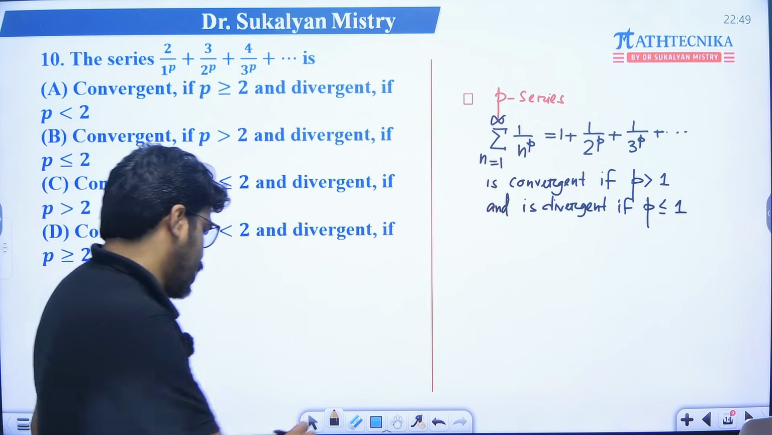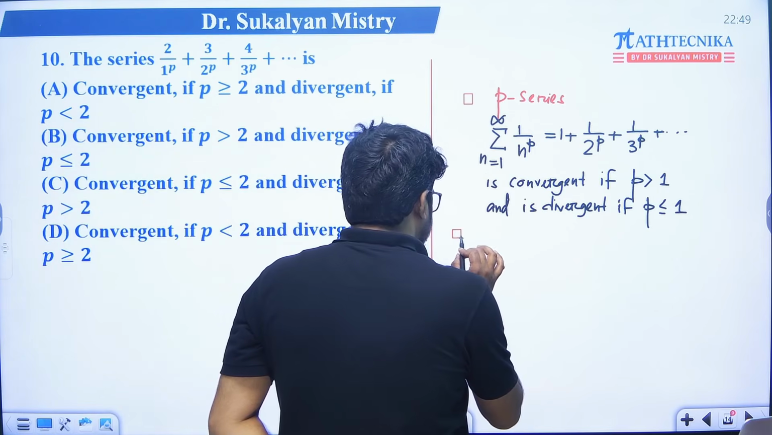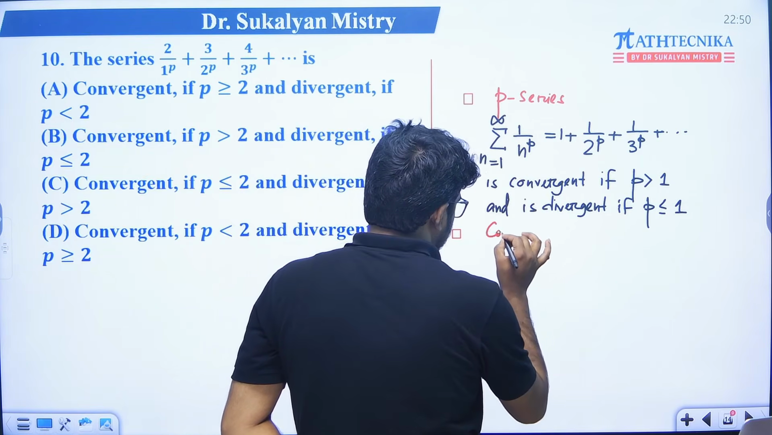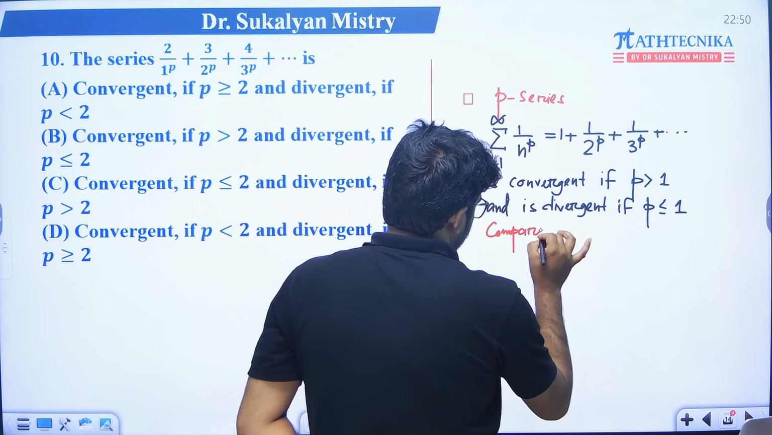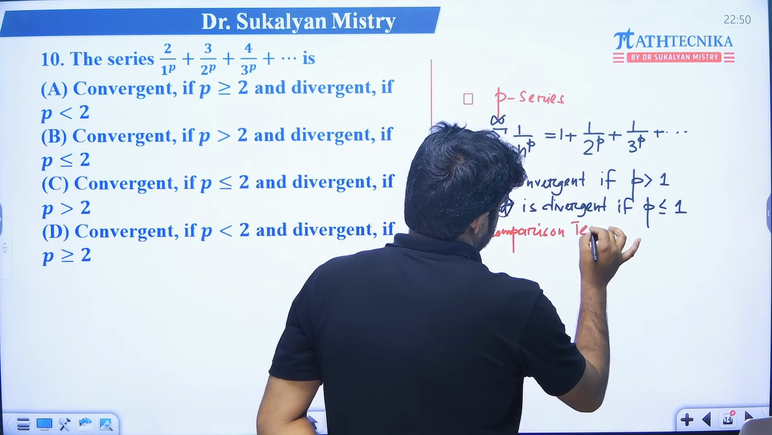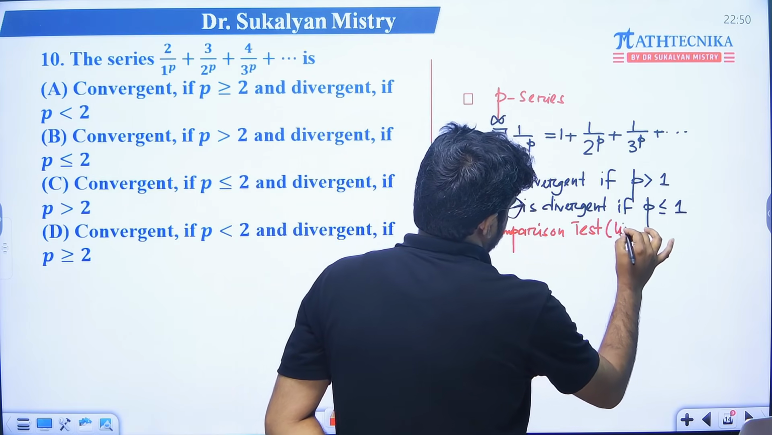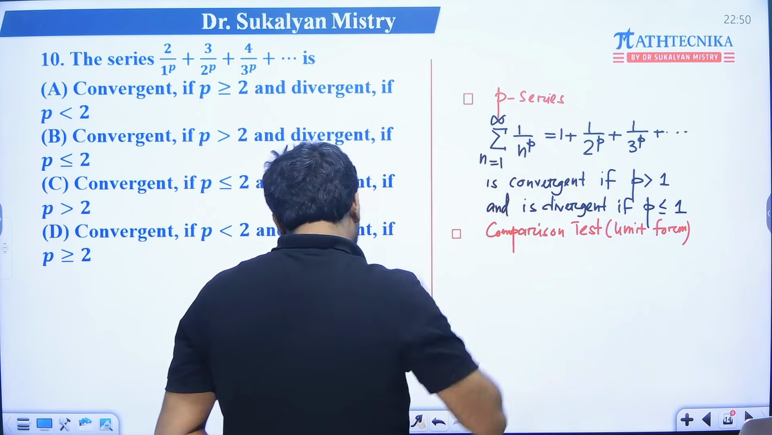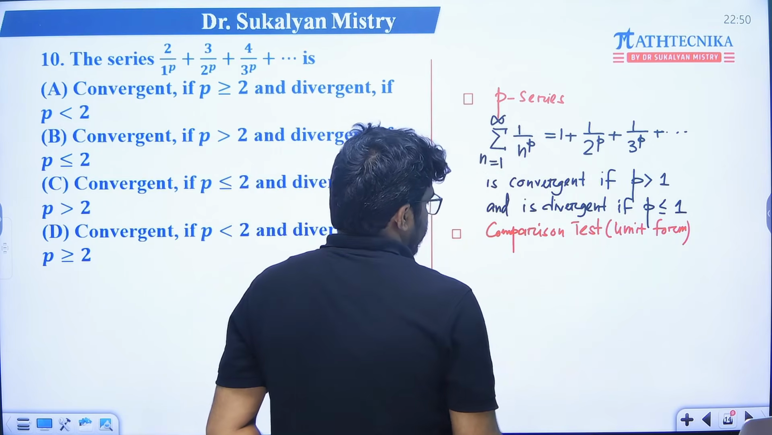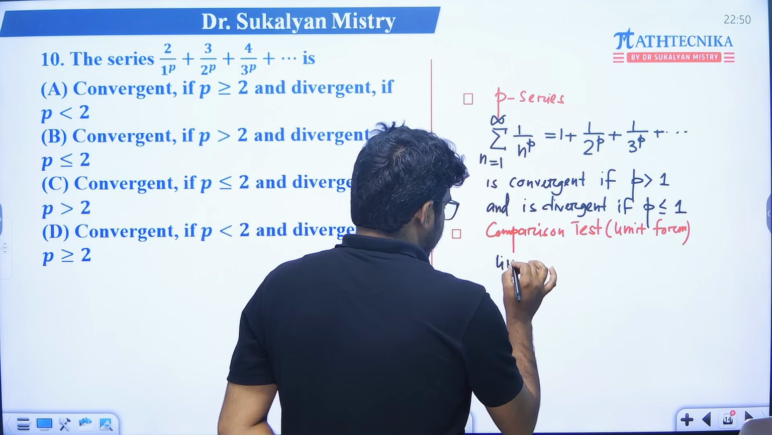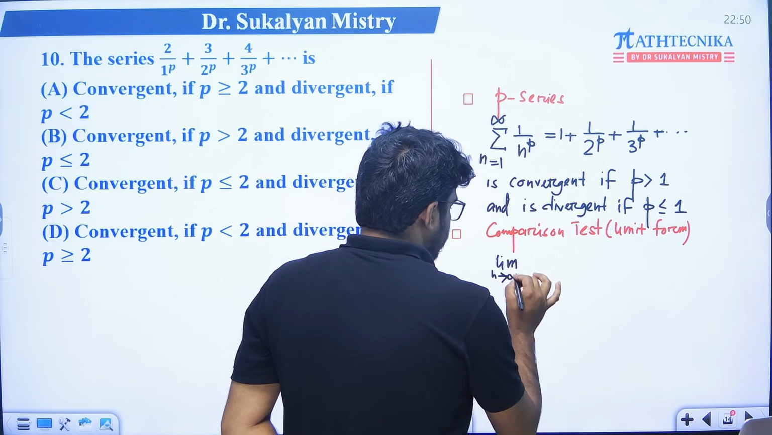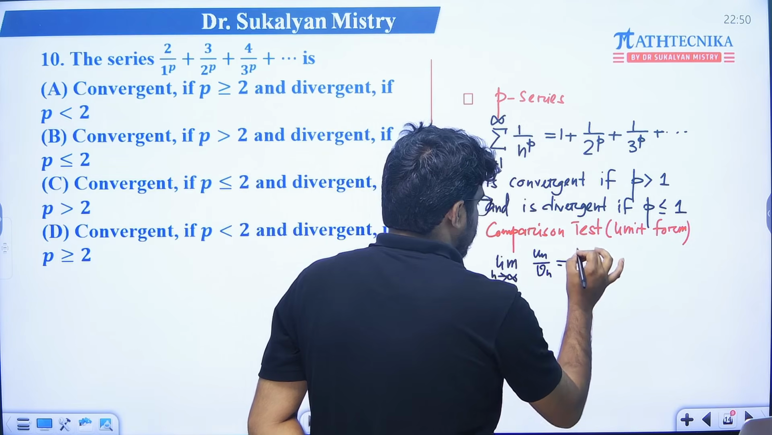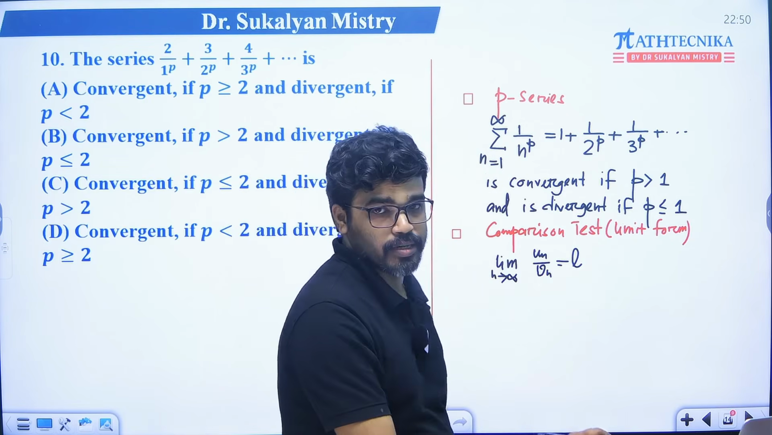Okay. Also recall the comparison test, limit form. So the comparison test, limit form, what is this? That is, suppose un is the series, if limit n tending to infinity un by vn is equal to a non-zero number,